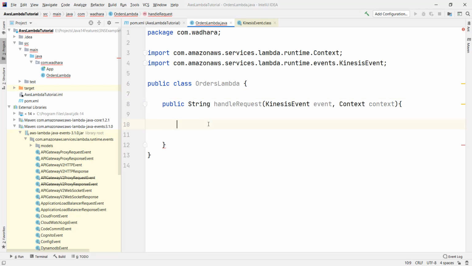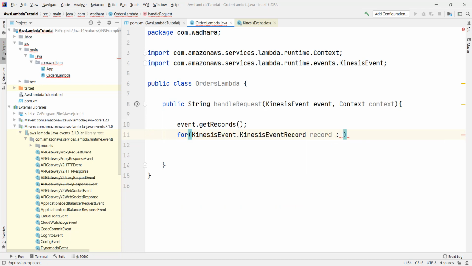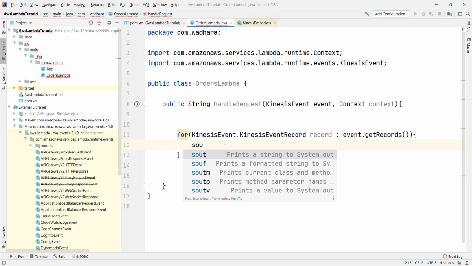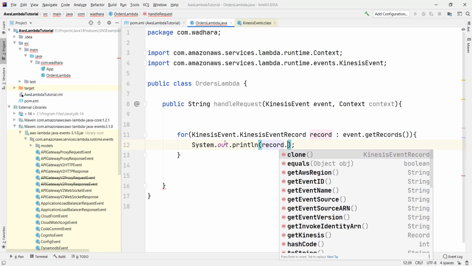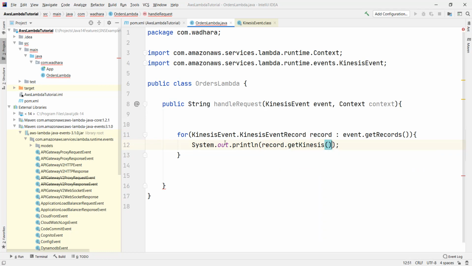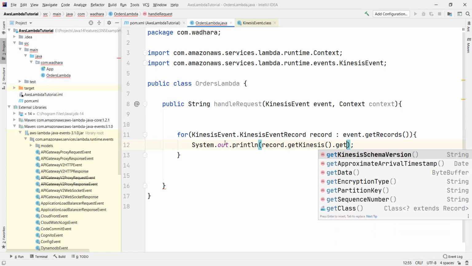So I'll skip this for now, and what we'll do is we'll just print the records that we are writing into the Kinesis. We'll just call event dot get records. This returns the list of all the records. A better way is to write a for loop. Call sysout record dot get kinesis dot get data.